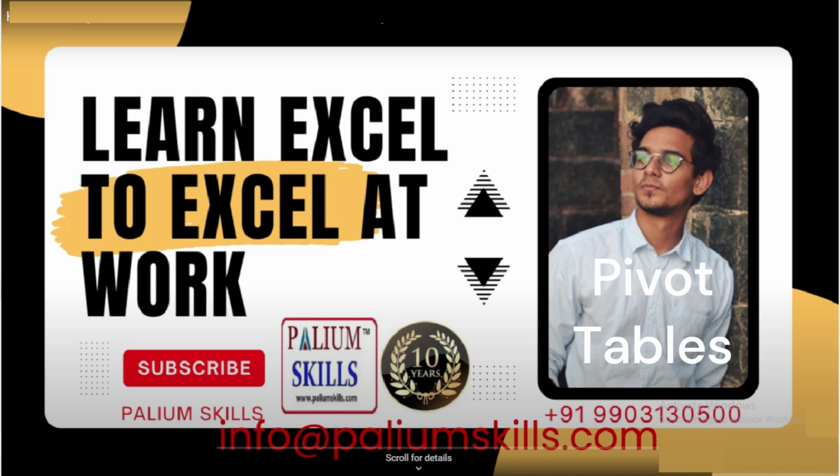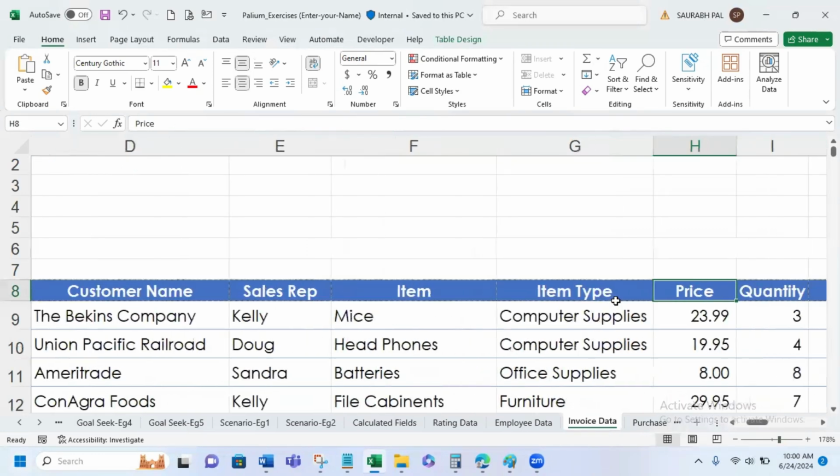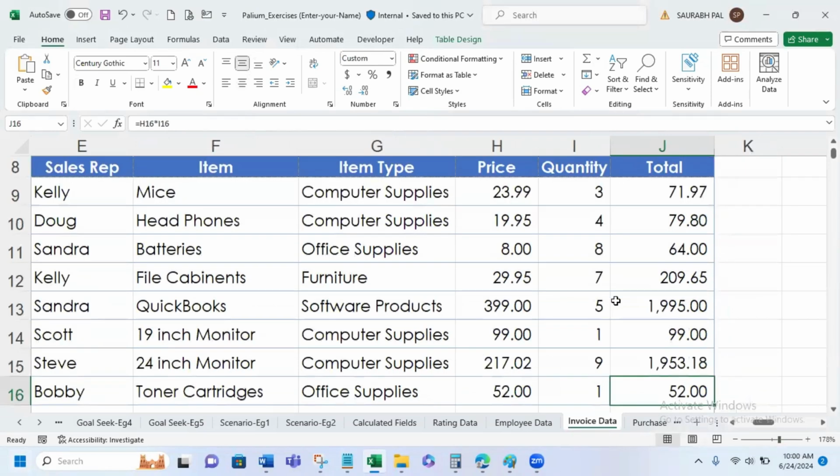Does it have? It has serial number, date, invoice number, customer name, sales rep, item wise, item type, price, quantity, and so on. When we do any kind of analysis of the data, the first thing that we would typically do is a summarization. Summarization of how much of sales has been done by the customer, how much has been purchased by the customer,